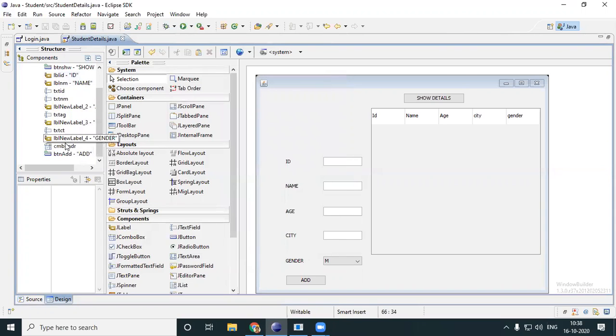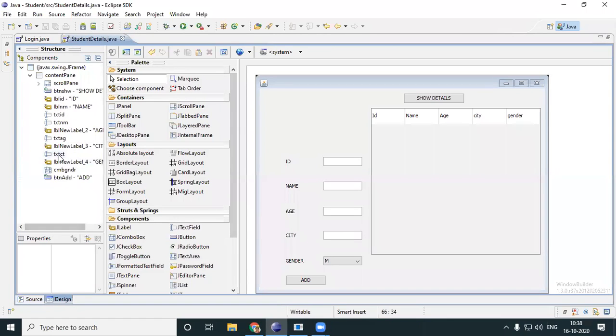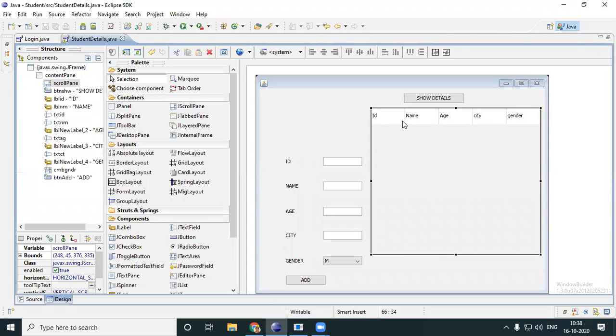But you will not be able to see your table over here, even though I want an action listener on the mouse click of the table. The reason is that your table is inside a scroll pane, so only if you check your scroll pane will you be able to see the table.